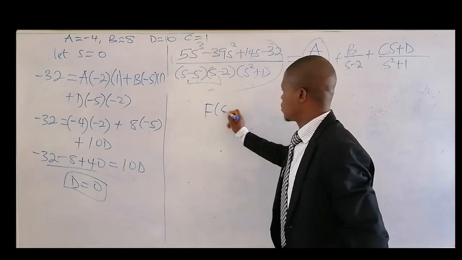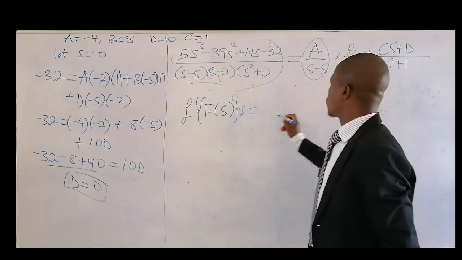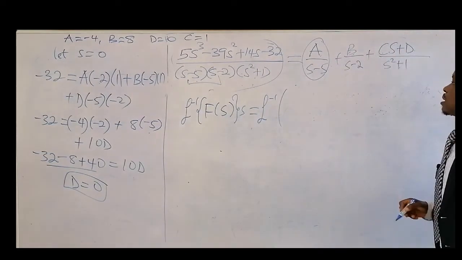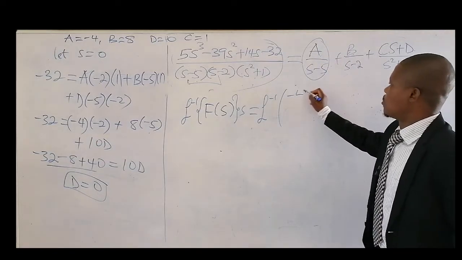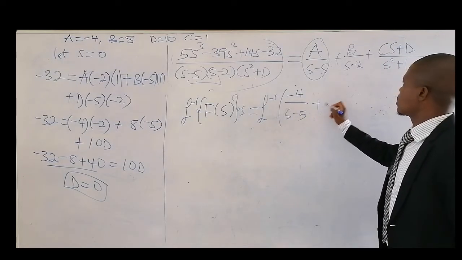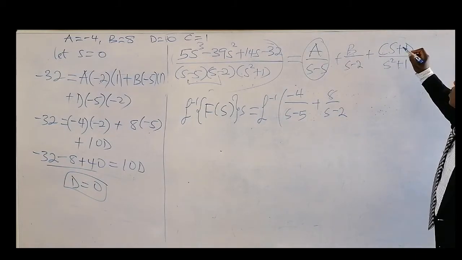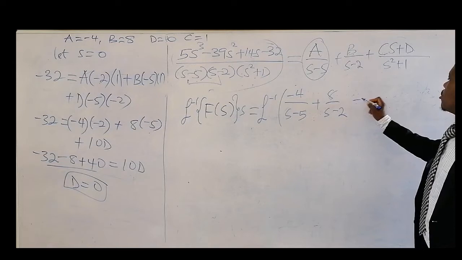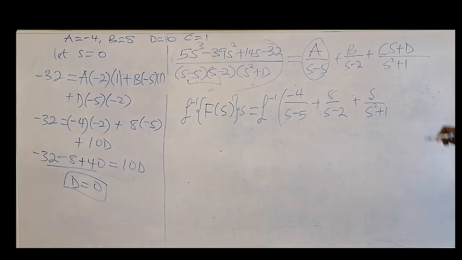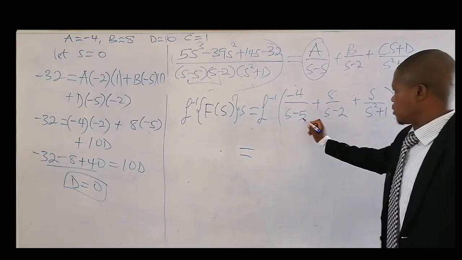Don't forget that this fraction here represents this. Okay? So we can take the inverse of that. Once we take the inverse of this, that means we are taking the inverse of the right hand side, which is equal to A is what? Minus 4 over this. Then followed by B is what? 8 over this. Followed by D is 0. And then C is 1. So we just have plus x over x squared plus 1. Okay? And close the brackets. Okay? So the final conclusion will be this one without wasting time.